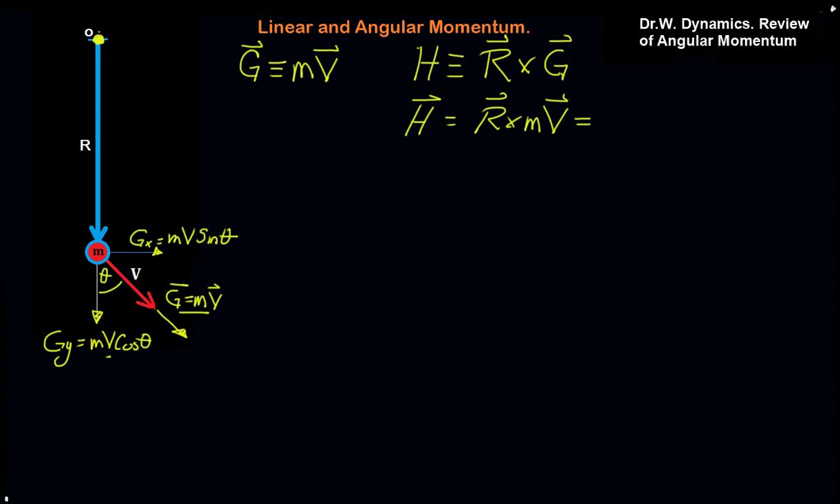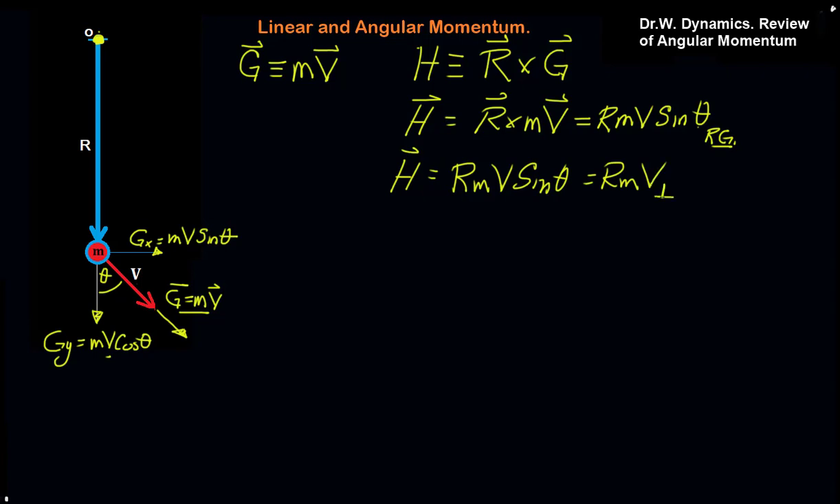We also know that the cross product can be done as r mv sine of theta, where this angle is the angle between r and G, which if we look over here is that angle right there. Here's r hat, here's G hat, and that would be the angle between r and G. So we find that H in this case will be r mv sine of theta, or r m v perpendicular,